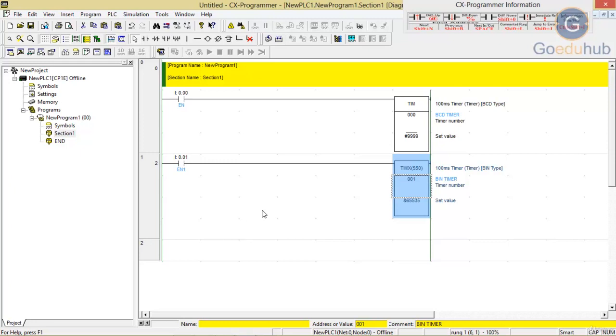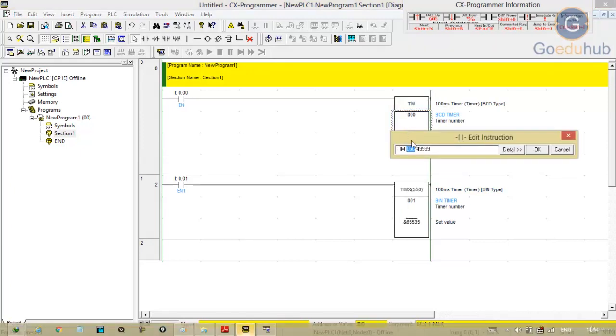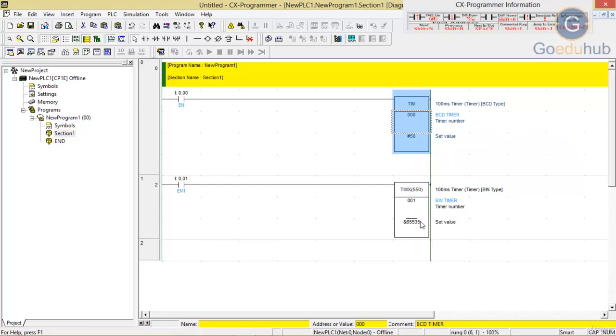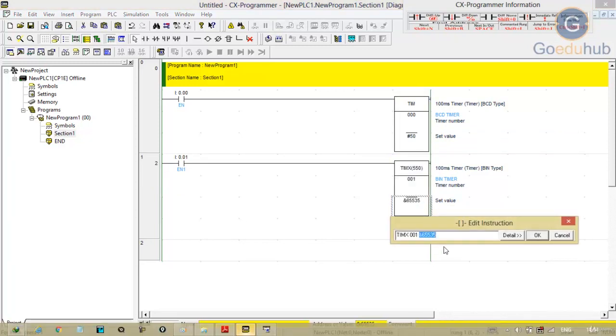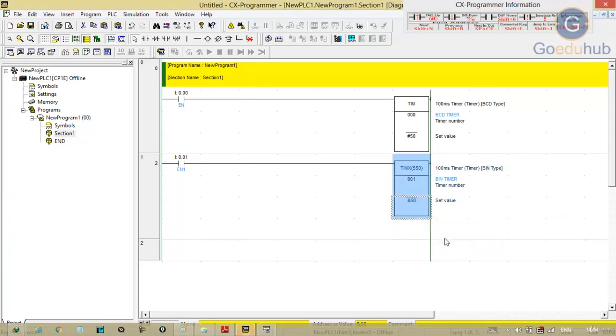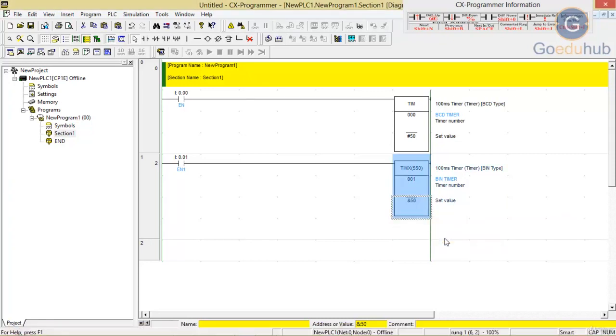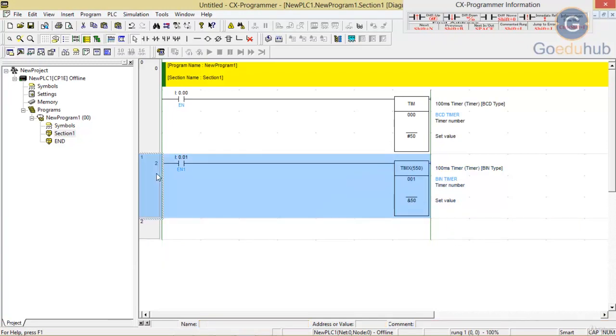Now come to our point, that is 5-second time delay. 50, enter, enter, and same thing here also, 50 and 50. So now I hope that you understand the difference between both the timers.